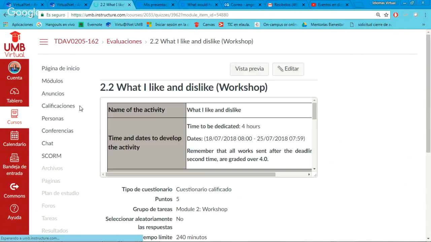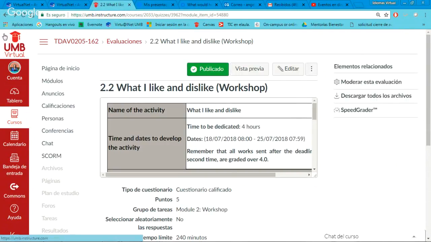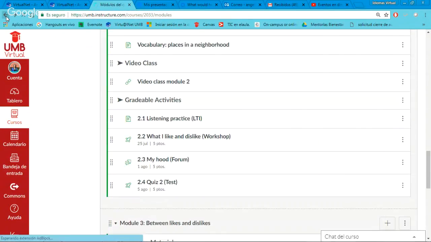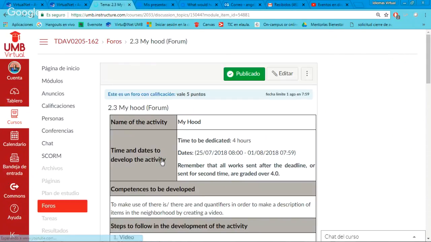Later, we have the following, which is a forum. Okay, en el segundo tenemos un foro. Entonces, ¿cuál es la idea en este foro? My hood. Well, first of